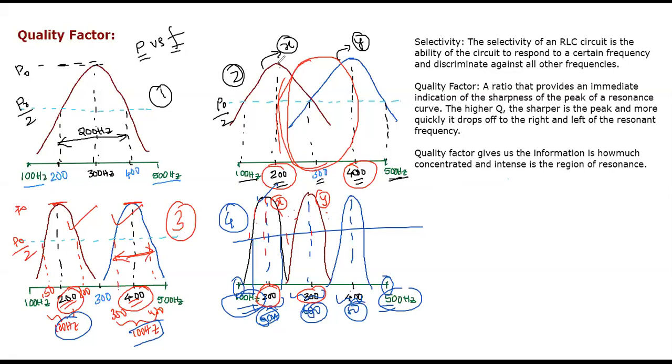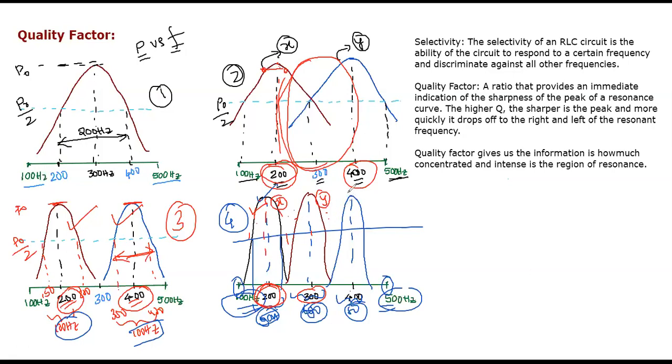If you observe here, channel X is delivering maximum power at 200 hertz, which is less than the resonant frequency, so the power delivered to that channel is the same as maximum power. That is a disadvantage. We need to transfer maximum power at only one particular frequency. If we can do that, then we can conclude that this channel has higher selectivity. Whatever channel has higher selectivity, we can say that channel has a high quality factor.